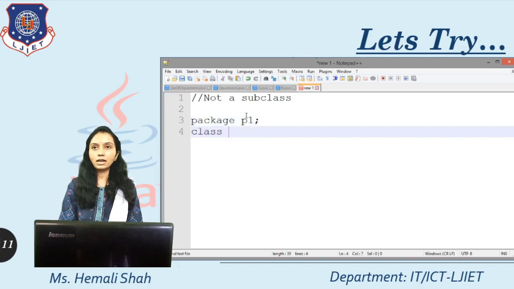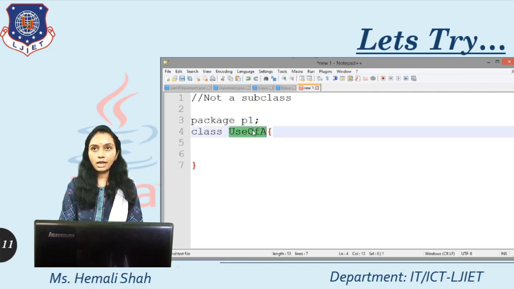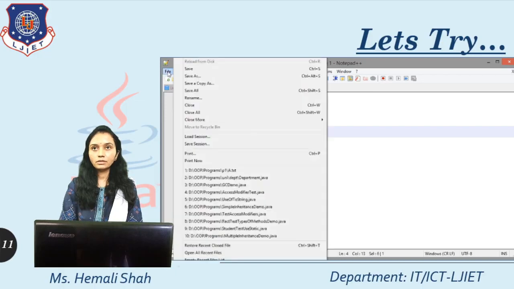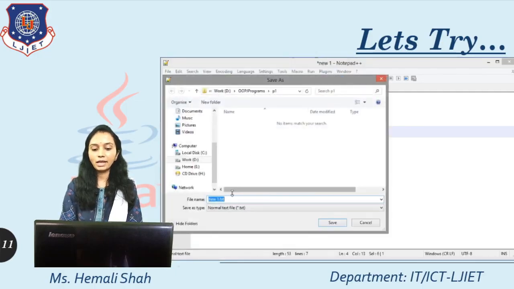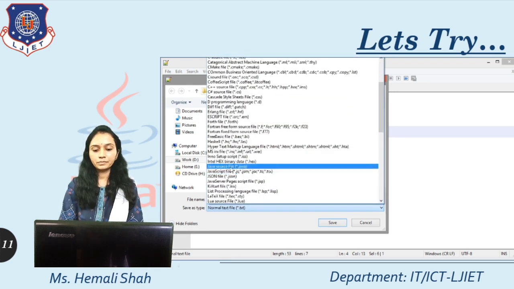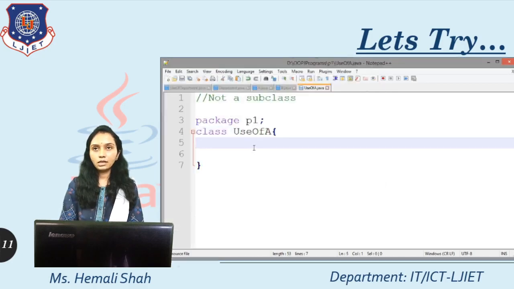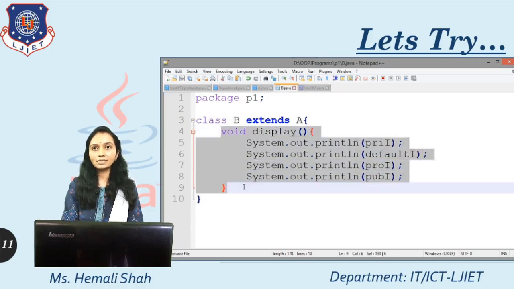Now try to create the class UseOfA. Create the body of the class. First of all, save this file in the same package P1 folder. You have to save UseOfA.java in the P1 folder, right?